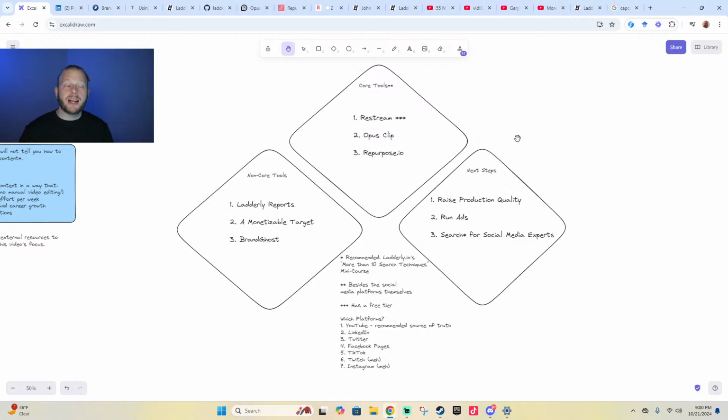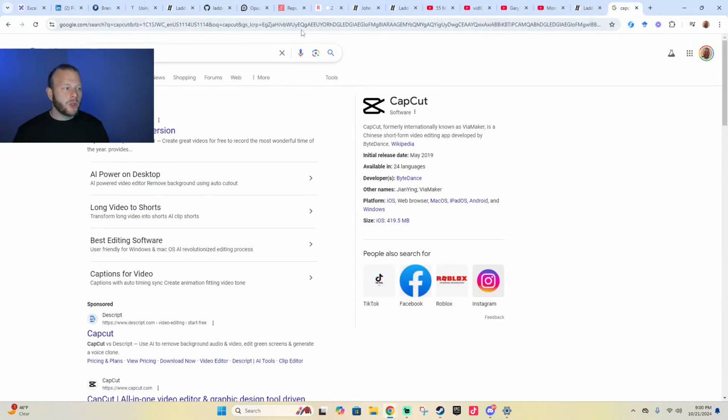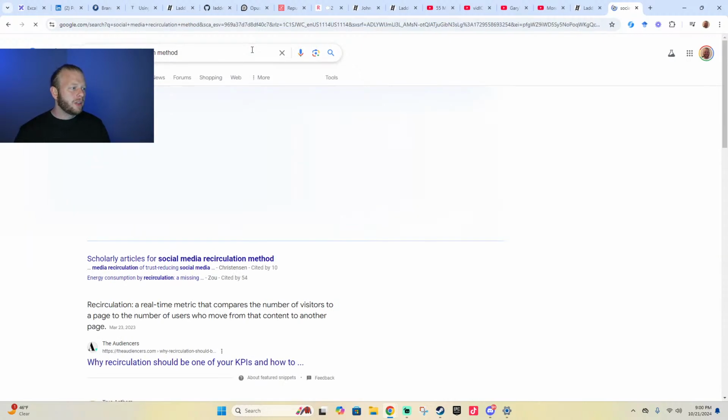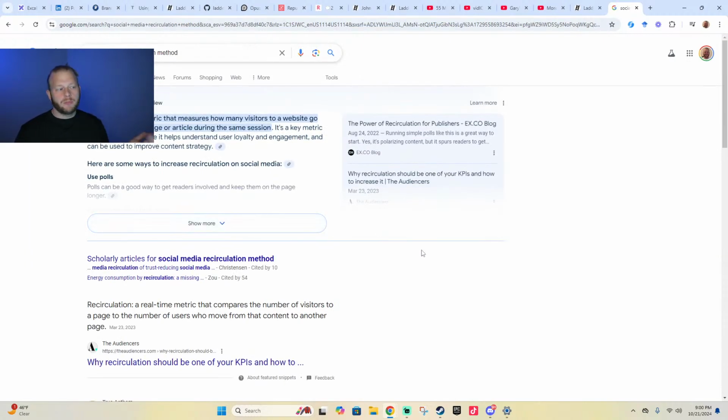And the additional tactic is if your videos do well, post them again. So this is sometimes called the evergreen method. I've heard it called the circulation method or the recirculation method, but I Googled that and I couldn't find any articles. There are just some people on TikTok, I guess, that call this the recirculation method. Basically, you identify your best clips and then you post them every month or two. And they will do very well.